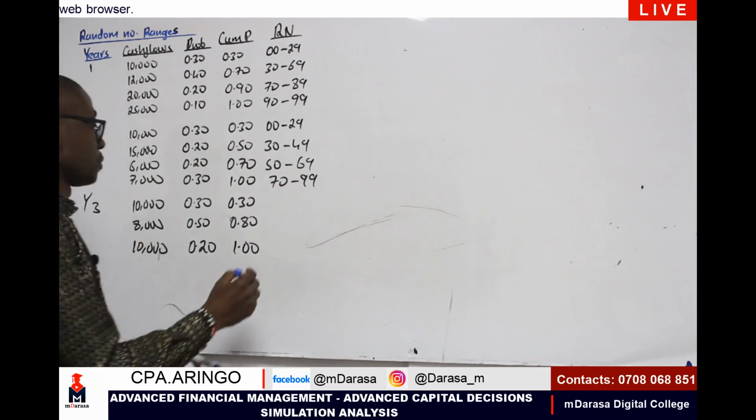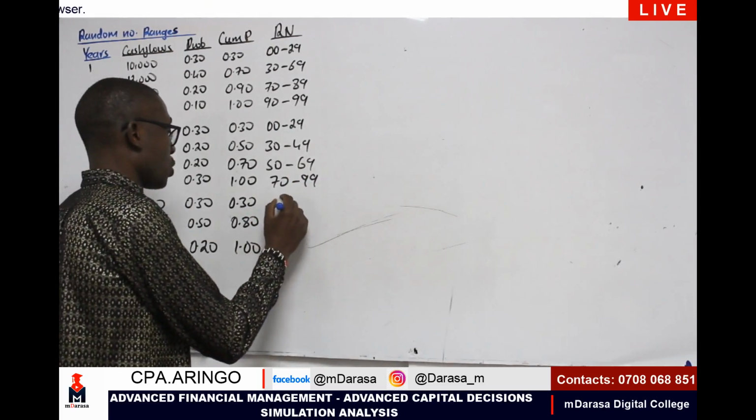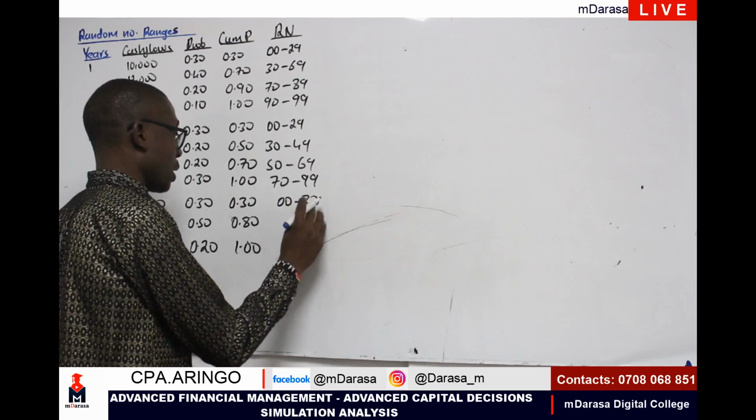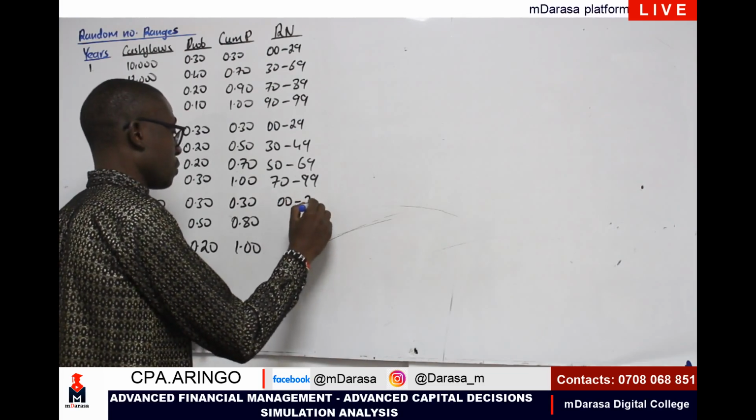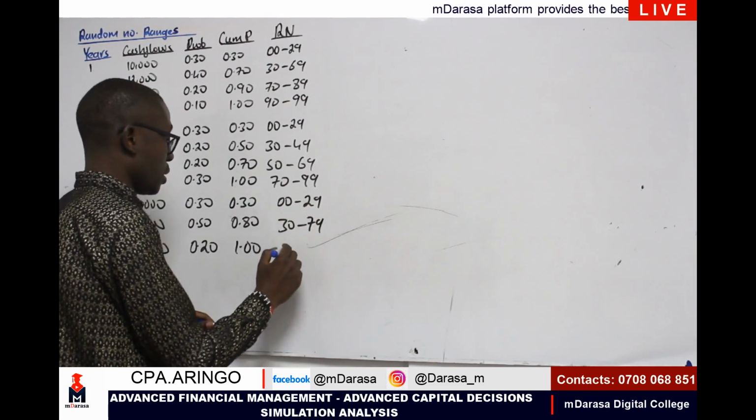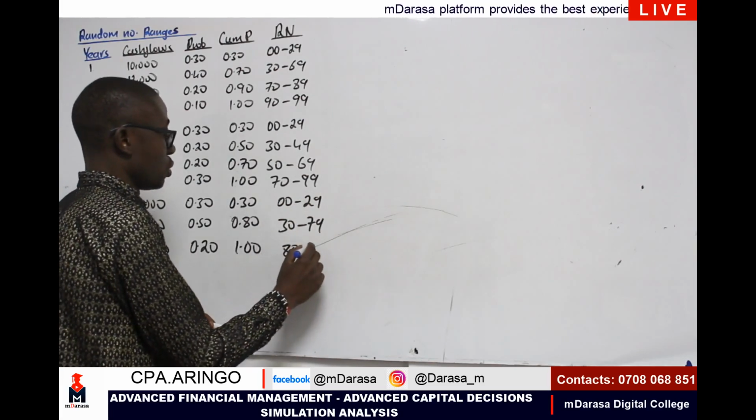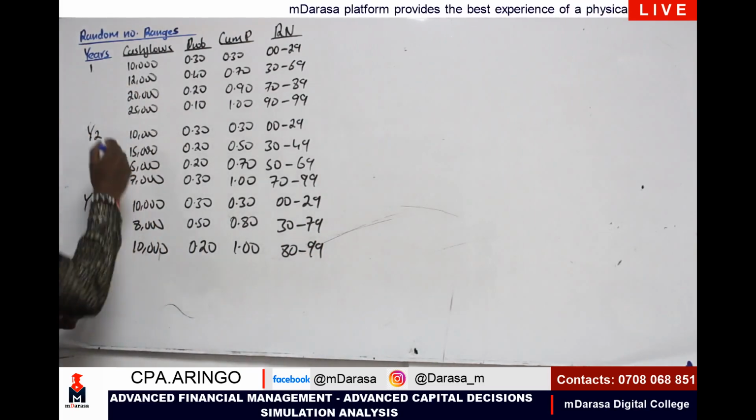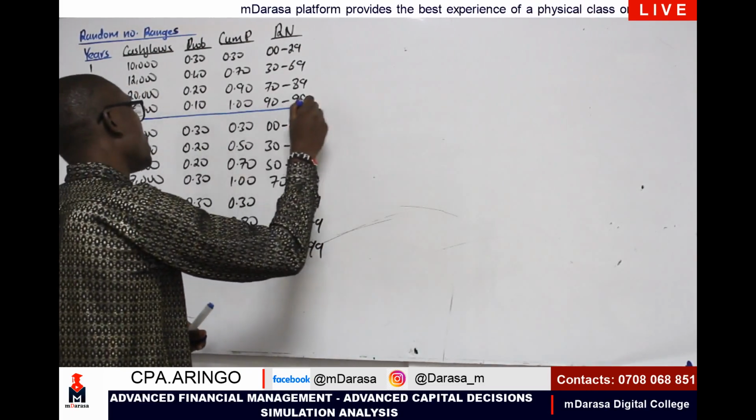Year 3: 00 to 29 as the lower limit, 30 to 79, and 80 to 99. What you can observe here, my good student, is Mwalimu is picking